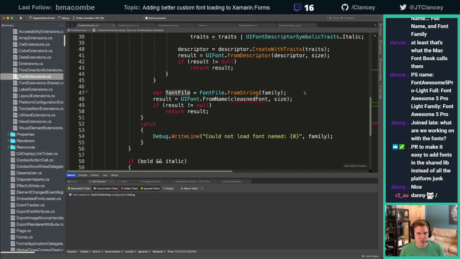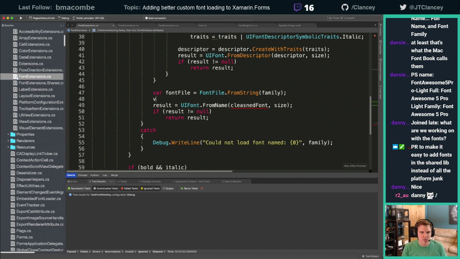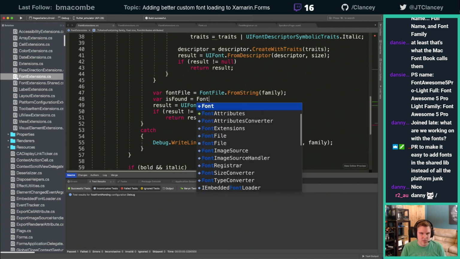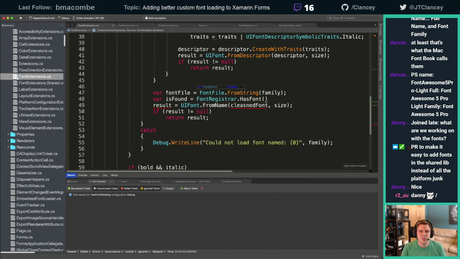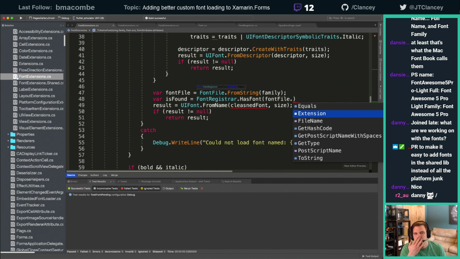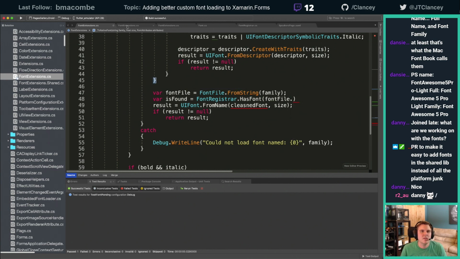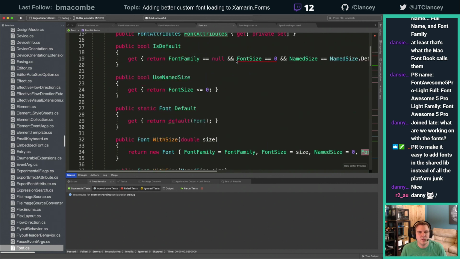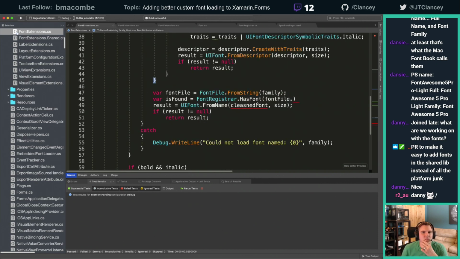All right, so now we have that. We can also say, we don't need to know if it's found or not. We just need to call it. We need to call, just so that way it will look it up if it's not there. FontRegistrar dot HasFont, fontFile dot. Okay, we do need to go into this font file thing. Oh, that's right. It's going to have to search through those. Because if it doesn't have that extension name, we need to,